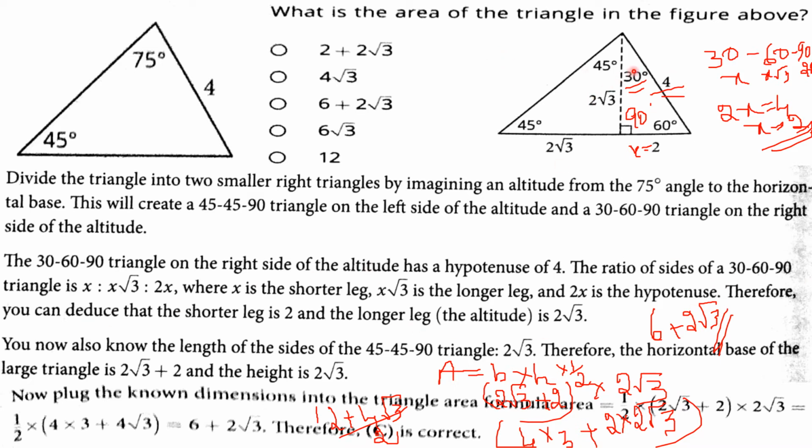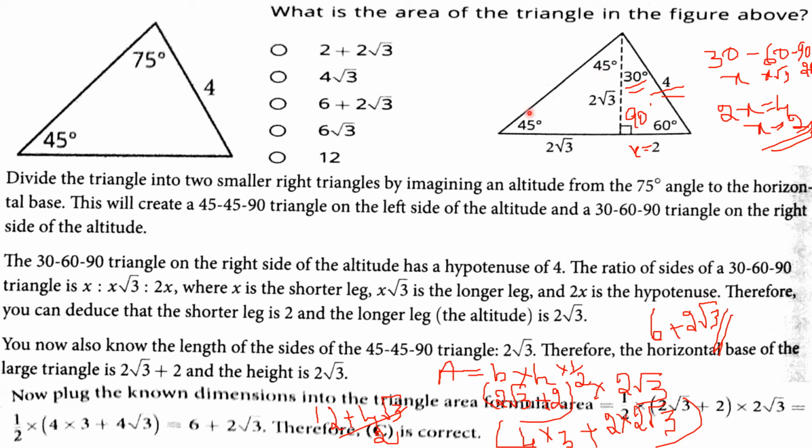I hope all of you understood. First you will get 60 degree. Opposite to 60 degree is what? Which formula? 60 degree, x square root of 3, x is equal to 2. From this answer you will get 2 square root of 3. Then opposite to 30 degree, that is x, x is equal to 2. Opposite to 90 degree is 2x, 2x is equal to 4, that value is already given. So from that you can determine the value of x.